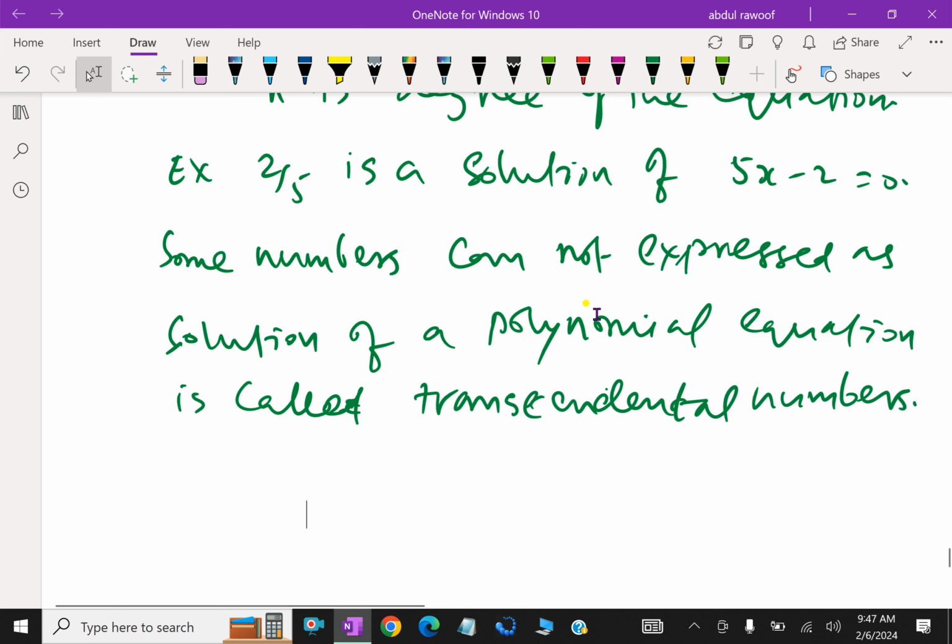Some numbers that cannot be expressed as a solution of a polynomial equation are called transcendental numbers. Next one,